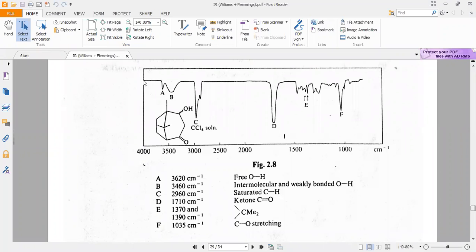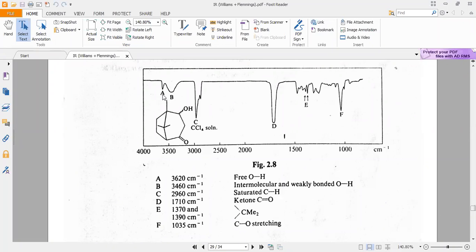You see, this is the region having a high transmittance, going level, and then there is a little absorbance, and then there is an absorbance, then these are the absorbances, and then there is no absorbance in this region. Again we are getting an absorbance here, and it is moving further like this. So we have highlighted A, B, C and D. Similarly, E and F, these are the intense absorbances that we observe in this case. So what kind of bond is presenting such absorbances?